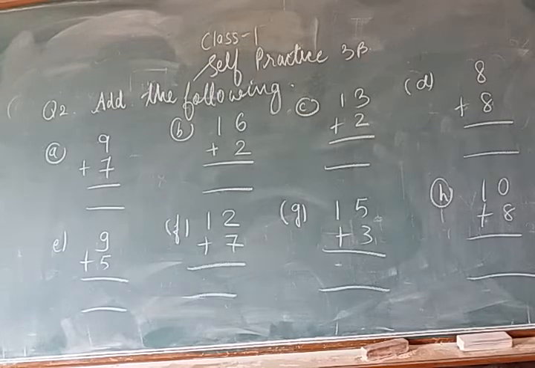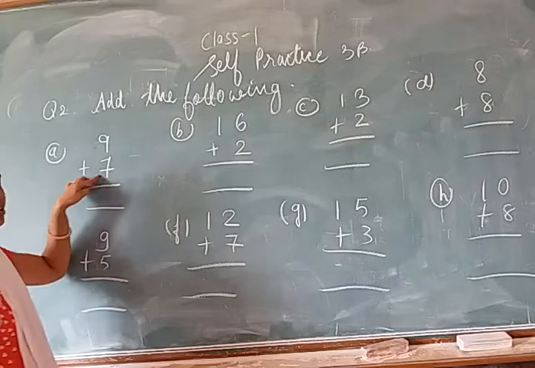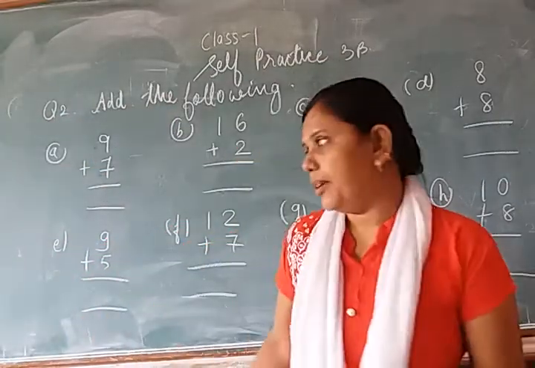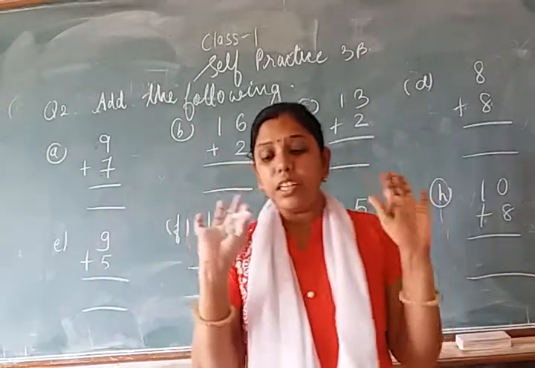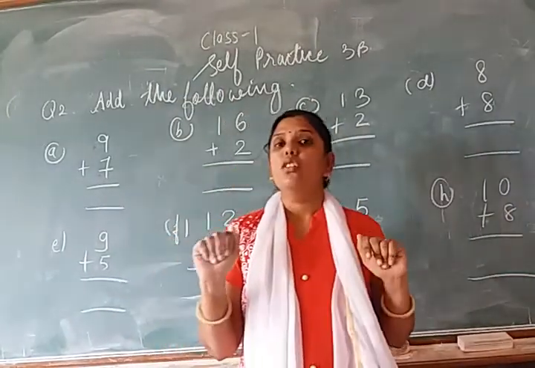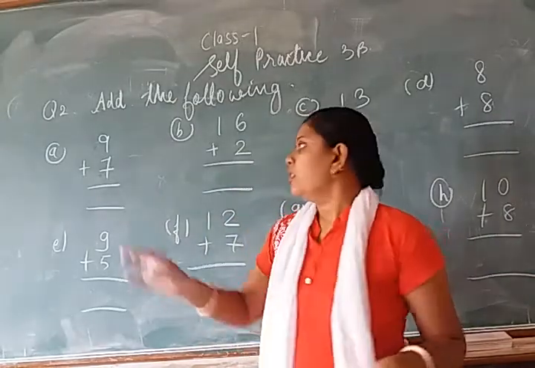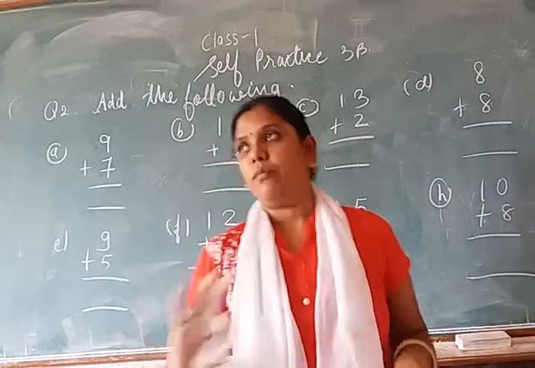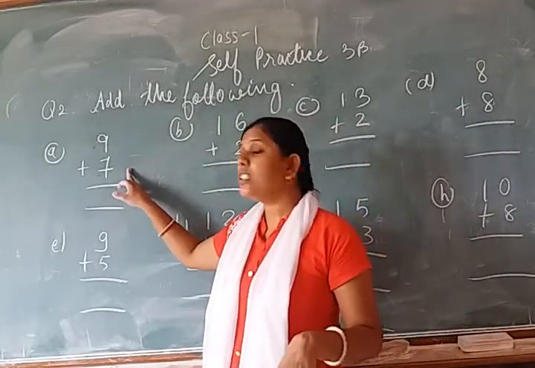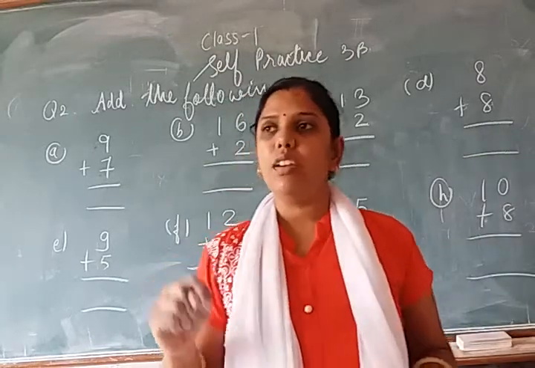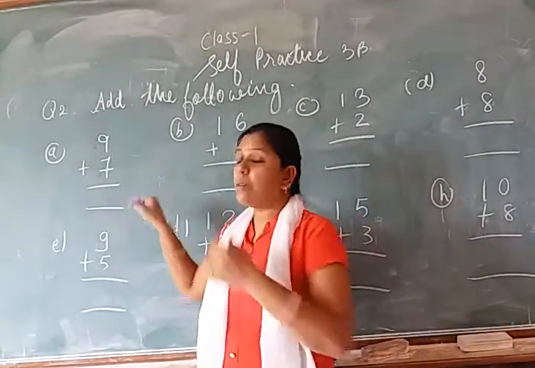Okay, let's start solving. Now see the first question, 9 plus 7. Now 9 plus 7 is, both the numbers are bigger numbers and we have only 10 fingers. I mean हमारे पास कितनी fingers है, सिर्फ 10 है, उससे ज़्यादा नहीं है. So now see how do we add. So 9 plus 7. What is the second number? 7. So take out 7 fingers. जो second वाला number है उतनी fingers हम निकालेंगे. So here second number is 7.